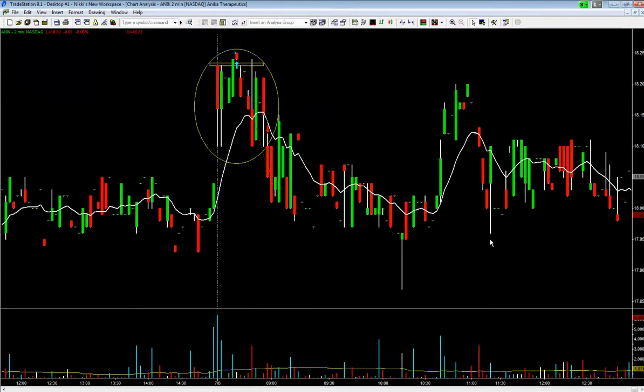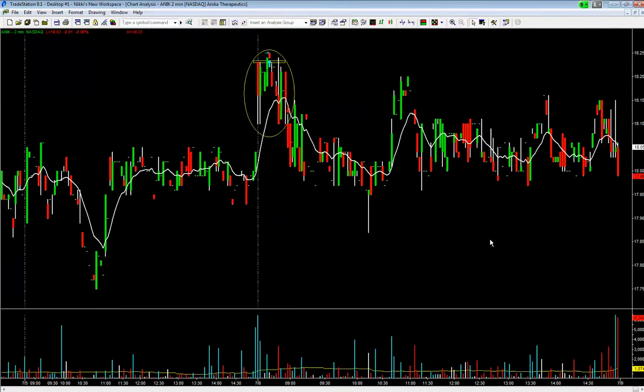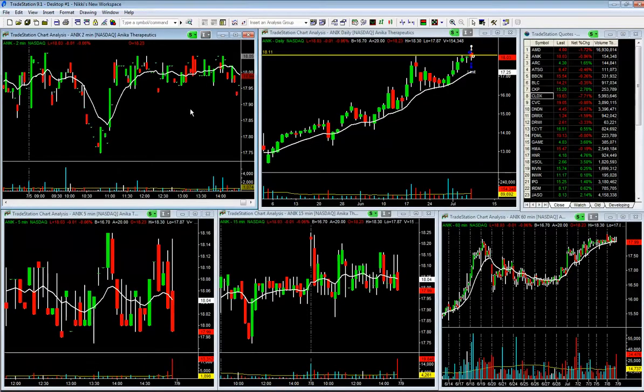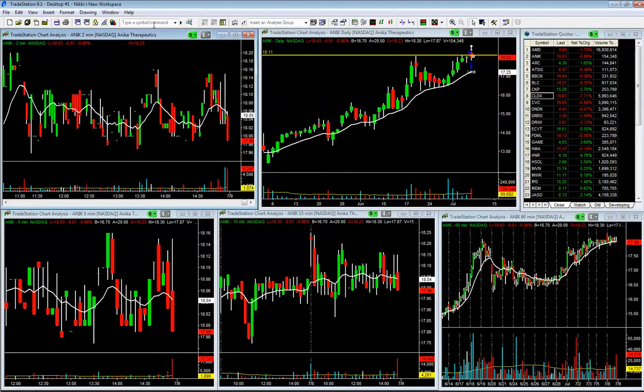You can tell that it ended up doing nothing, literally. So that's the risk you take with these types of lower volume trades. But it is what it is, and I gave it a shot, and it didn't work, and that's fine. And then my husband Chris traded